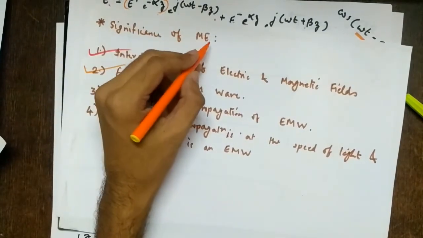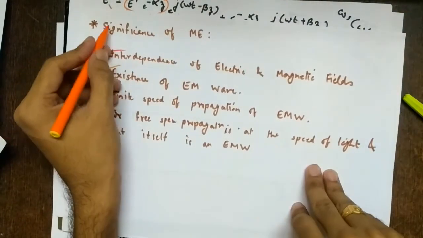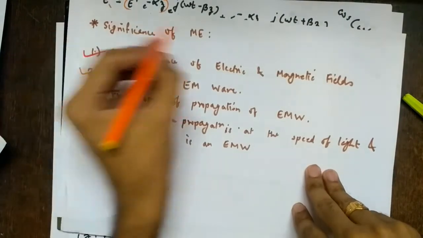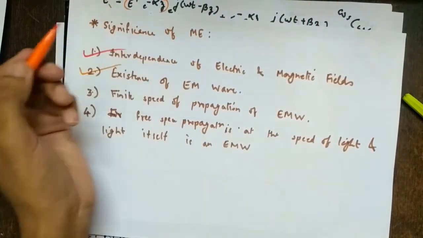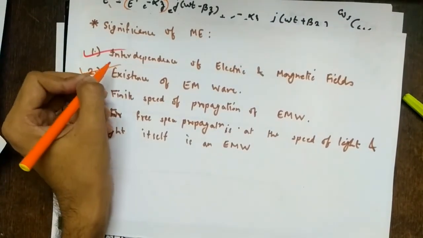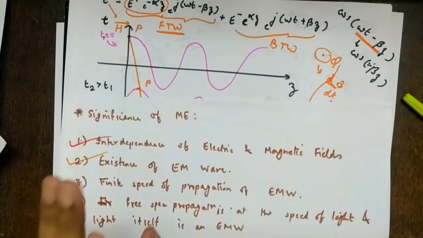So this is the significance of Maxwell's equations. Again, why was this possible? Because of Maxwell. That's why this set of equations is called Maxwell's equations, even though they were deduced by Heaviside into 4 sets. Okay, so that's what I have proved. So what we have learned today is a very important thing.